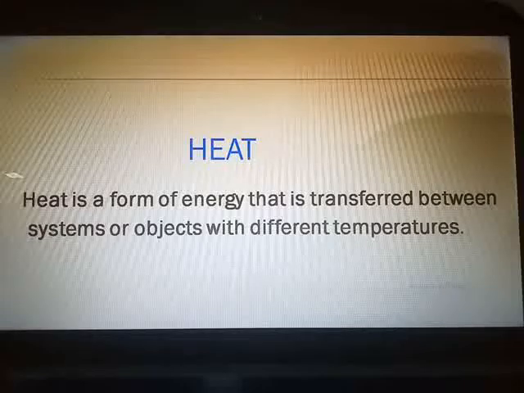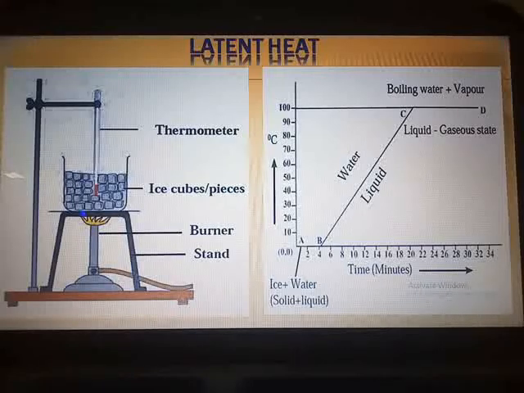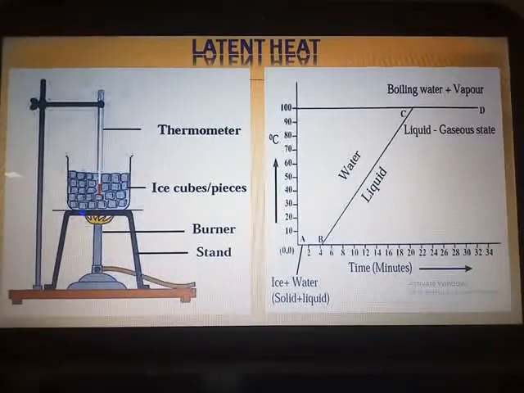So we begin with our first concept, that is latent heat. 2 topics you are going to study. One is latent heat of fusion and one is latent heat of vaporization. For this, we need a diagrammatic setup and a graph. If you see in your textbook this part, try this activity, they have removed out from the syllabus, but without this diagram ahead of you, you will not understand the concept.